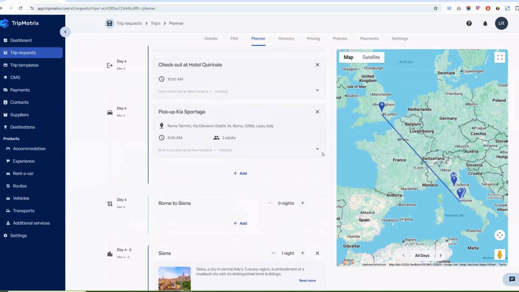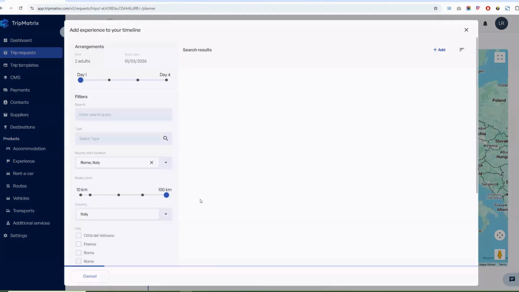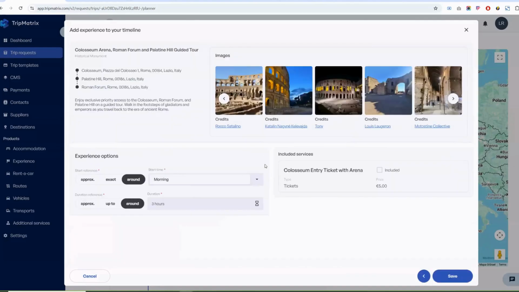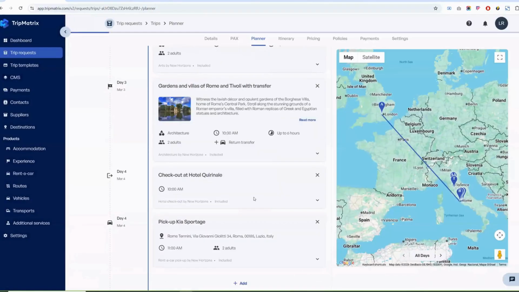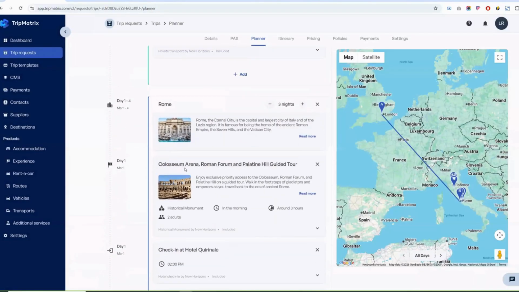For example, I want to add experience. One experience in Rome. I choose here experience. You can use different filters here to narrow down your search. And I wanted to add this experience in Colosseum. This part, you can easily edit it now or later. So if we come back to our timeline and I go back to the beginning here, you can see the